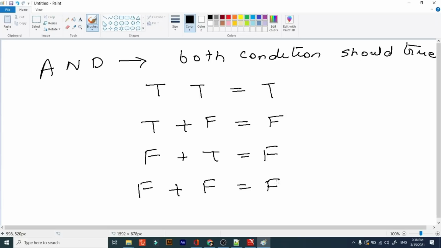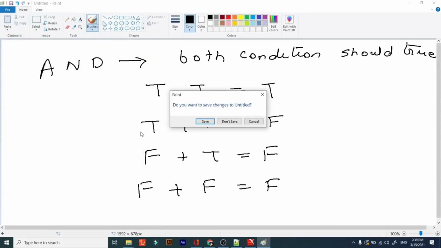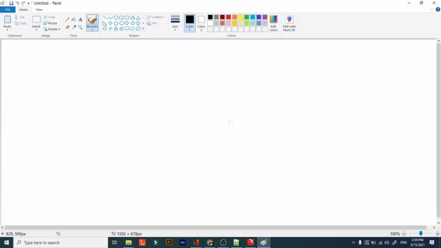To understand these two conditions, it is basically the AND operator. The condition is salary greater than 4,000 and age less than 20. So there are two conditions. Now we will understand what the AND operator is. In the AND operator, if both conditions are true, then only it will fetch the result. If the first condition is true and the second is true, we will get the result. If the first is true and the second is false, we will not get the result. If the first is false and the second is true, we will not get the result. If both are false, we will not get the result.